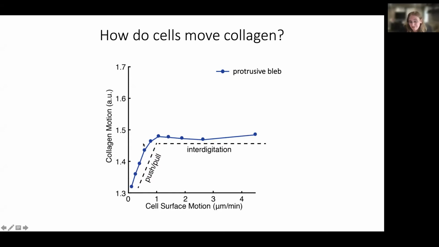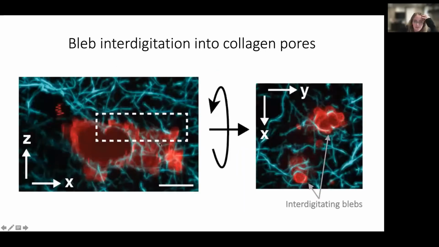And at low motion, the blebs do what you would expect them to do, which is if they push on a collagen fiber, the collagen fiber moves. Right? That is a standard linear ballistic motion. That's just a push or a pull, right? But at higher cell surface motions, we find that the relationship between collagen motion and cell surface motion breaks down. The bleb moves fast, whereas the collagen doesn't move any faster. And that is consistent with bleb interdigitation. So the blebs are snaking their way through the collagen,